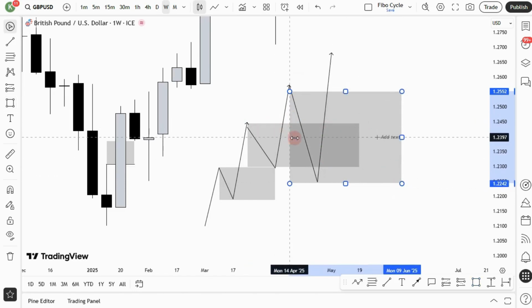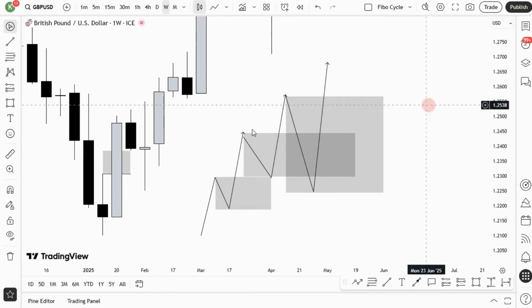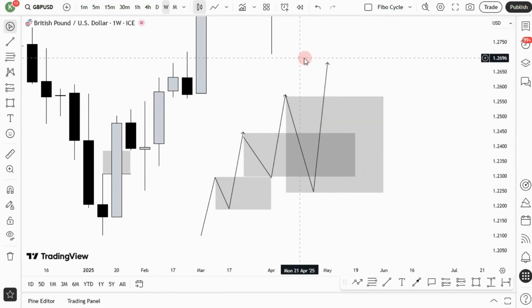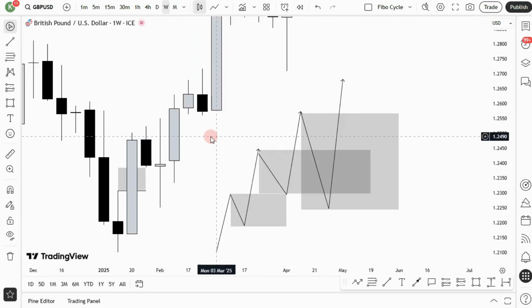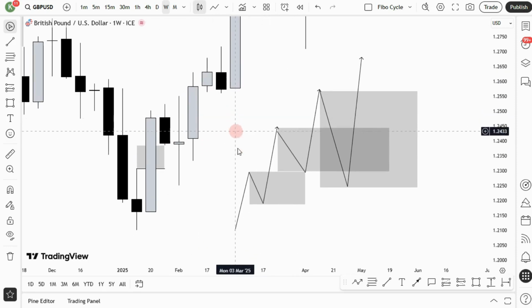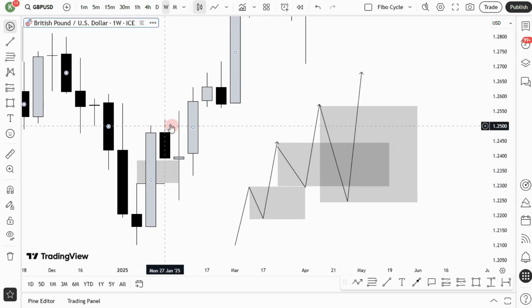Price is either doing only one of two things, and this is known as institutional market structure, right? So this fair value gap offers a narrative to us in the market. They allow us to see where the market wants to go next. Okay, so you can see after this fair value gap was formed, price rebalanced, price sank into this fair value gap, and it continued higher, creating another fair value gap here,